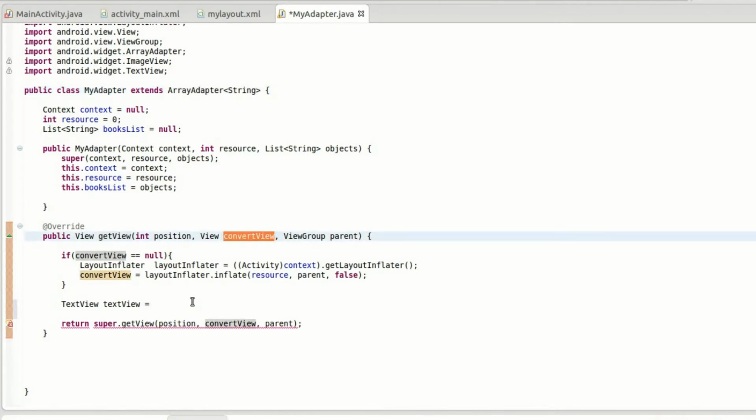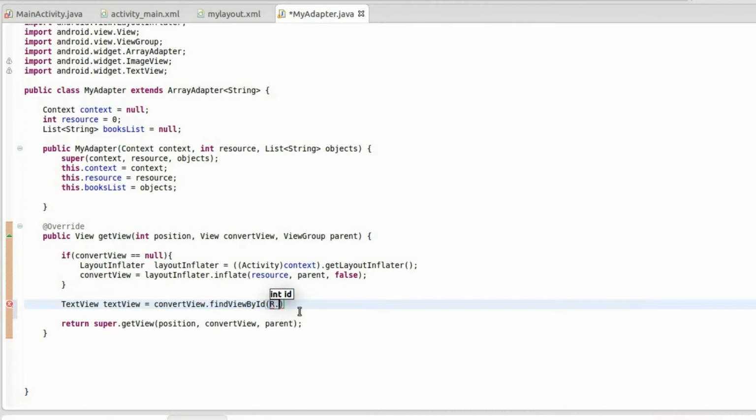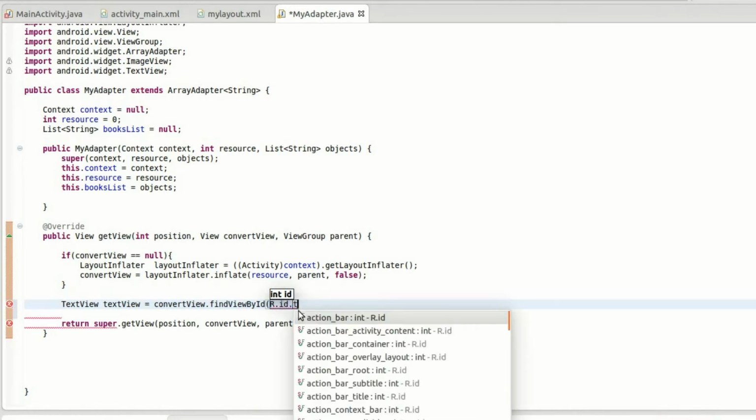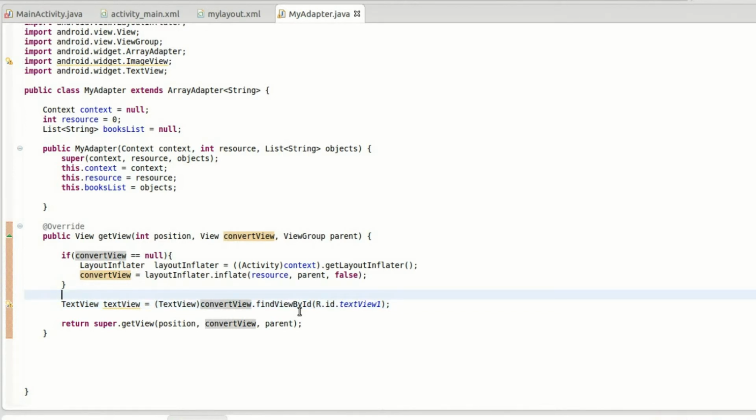We need to say convertView dot findViewById, and we need to pass R.id.textView1, which is the ID of the text view. Further we need to typecast it.